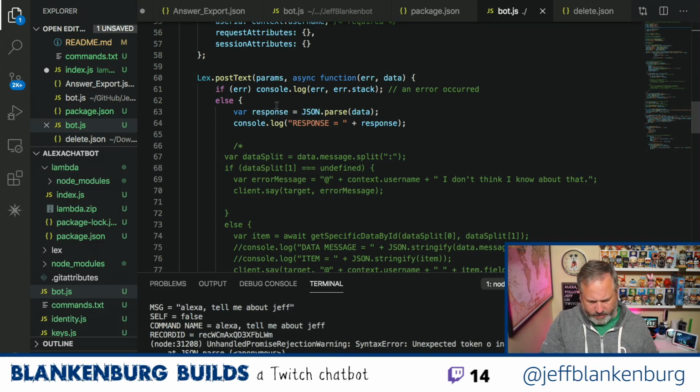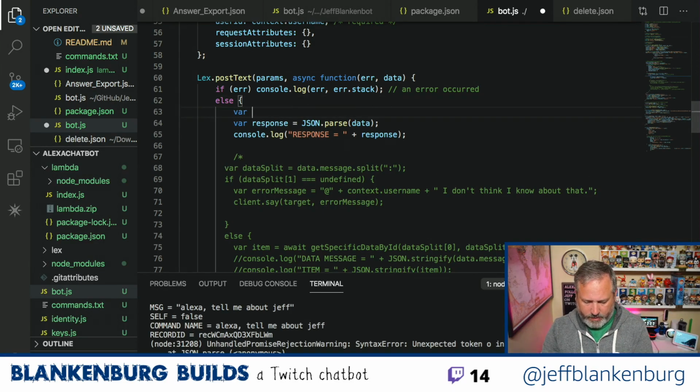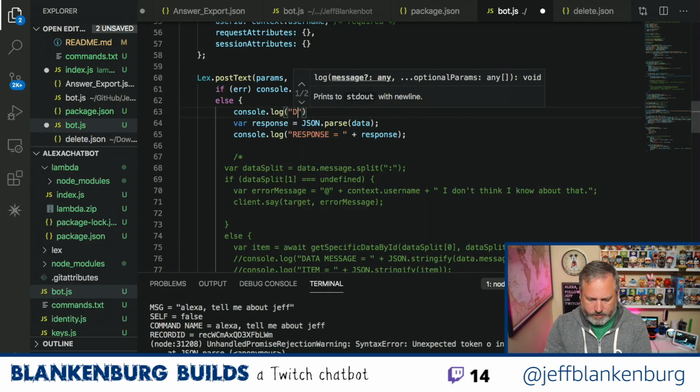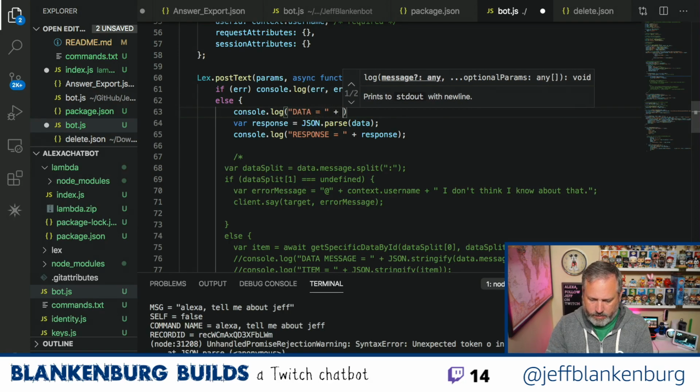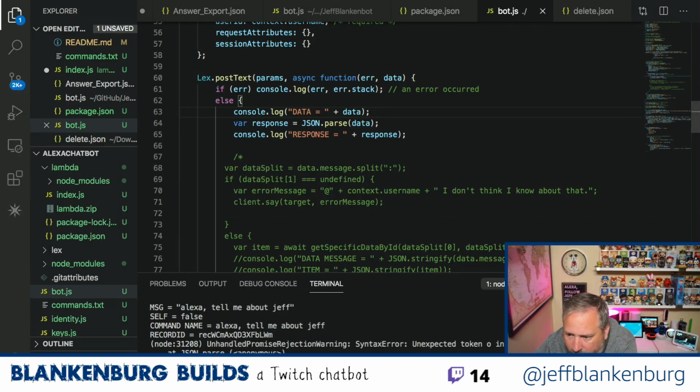I guess the first thing I should do is write out the data. Maybe I'm doing something wrong there. So let's do console log data just to see what we're getting, before we try to parse it. Maybe they're adding extra stuff on here or whatever.